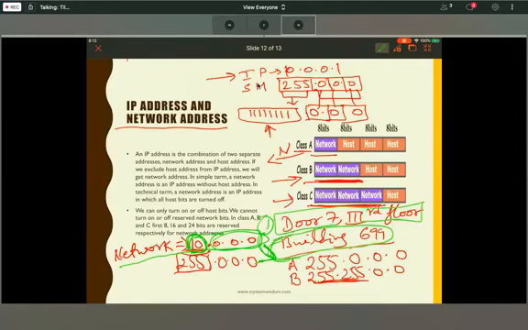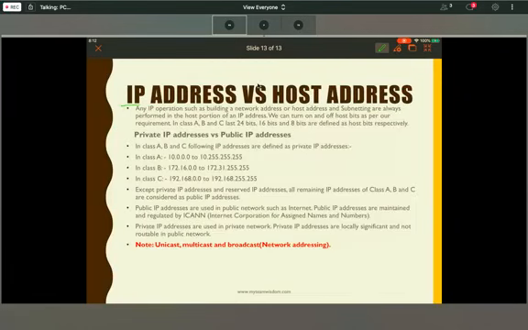Okay, the next one is IP address versus host address. IP operations such as network address or host address and subnetting are always performed in the host portion of the IP address. We can turn on and off host bits as per requirement.